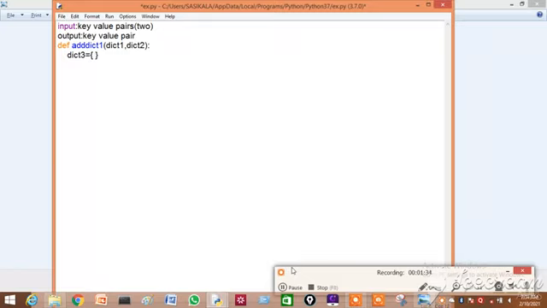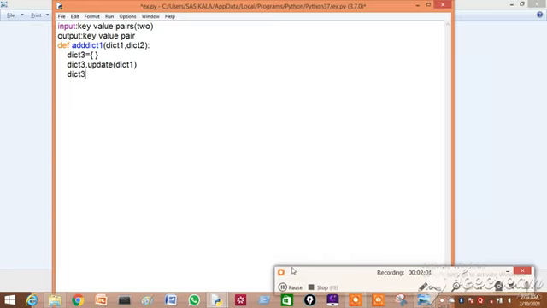Then they asked you to combine the two dictionaries. For combining two dictionaries, we have the function called the update method. So dict3 dot update with dict1.